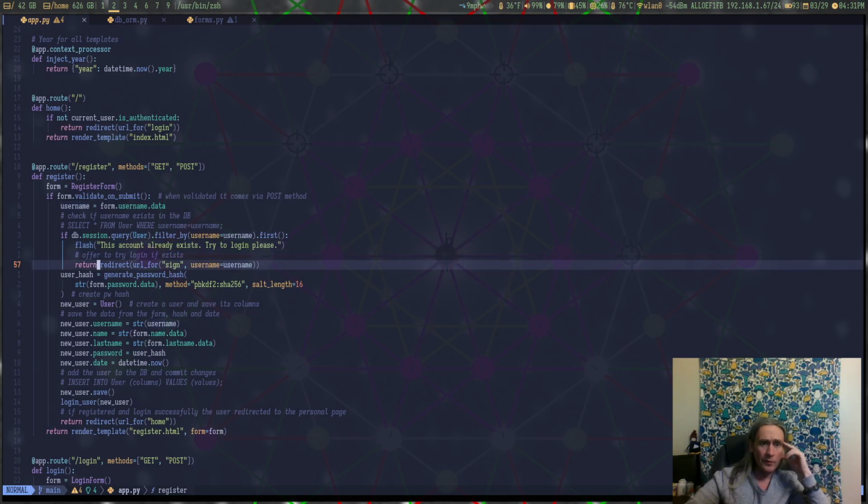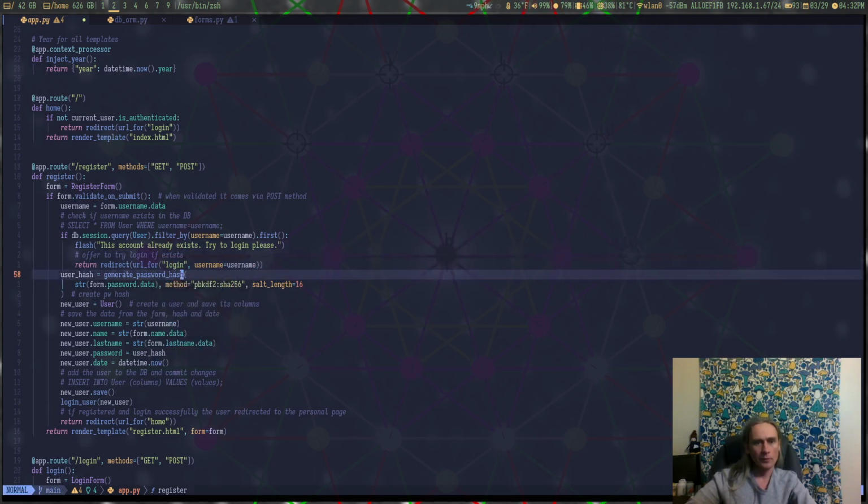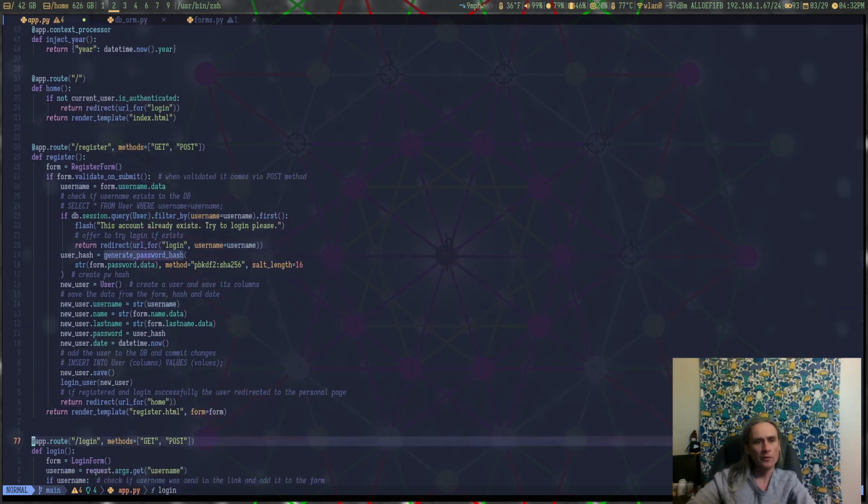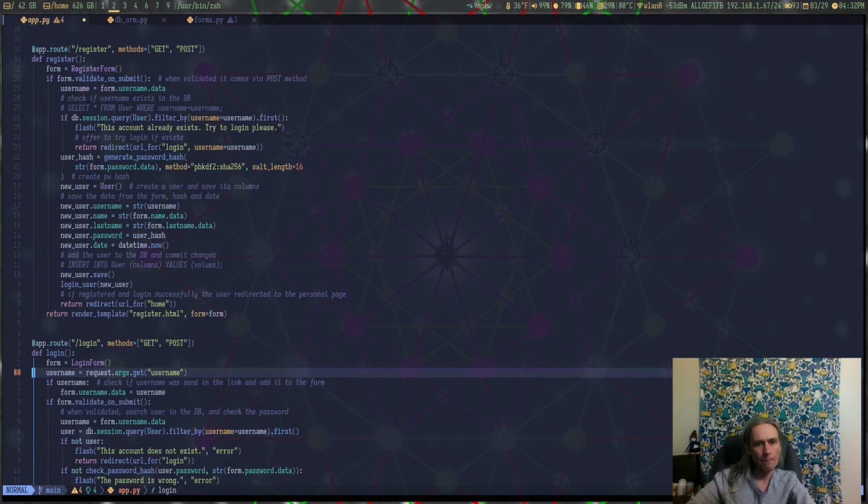And it redirects the user, actually not sign up, to login. I don't know why I specified username, to fill the form. Okay, in the function login, yes. So it sends to the login function, and also sends the username that the user tried to